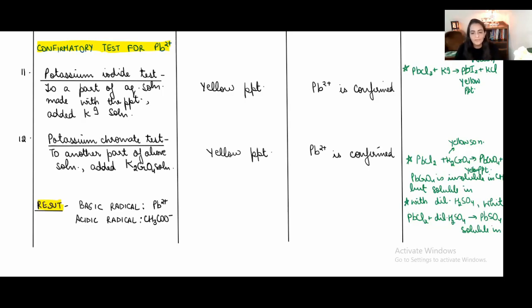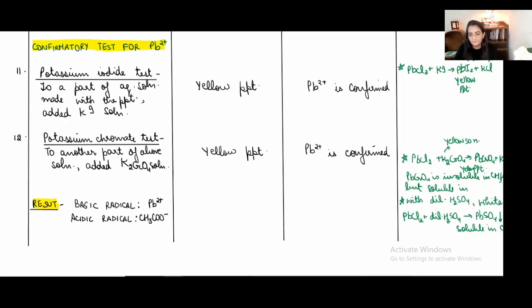And in this particular PDF, I have also written the whys and why nots of each of these steps. So I have shown the potassium iodide test, what is the chemistry involved, then in potassium chromate, what is the chemistry involved. So similarly, for every one of these observations, in this green color, I have written the reasons which will help you for viva questions, but this part is not to be written in your practical files. I hope this helps, students.